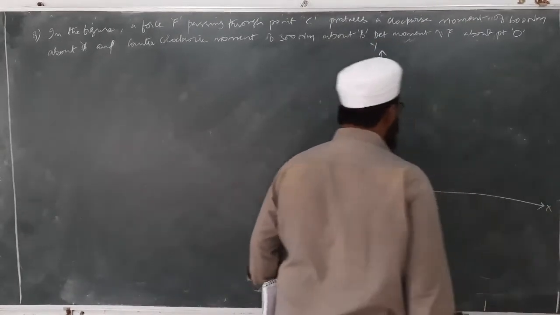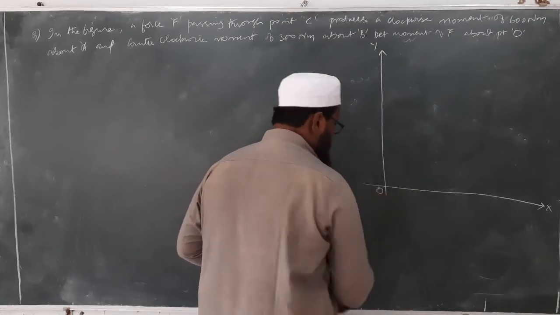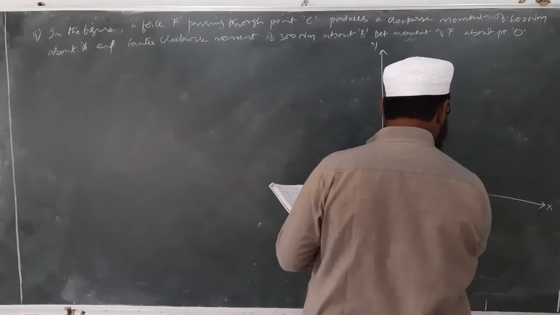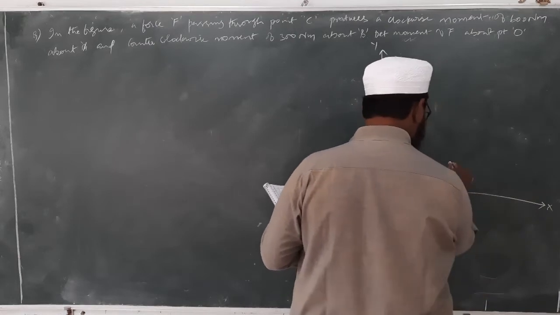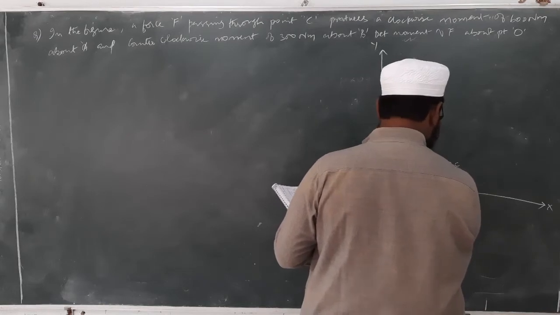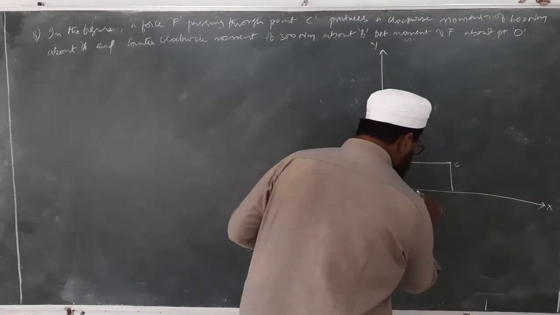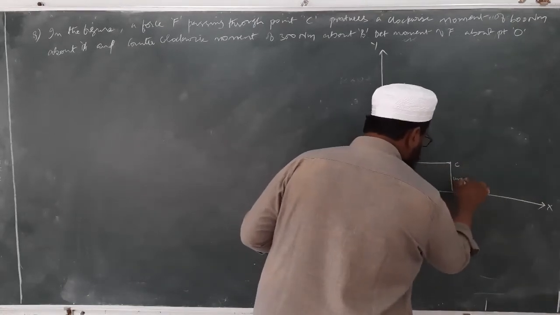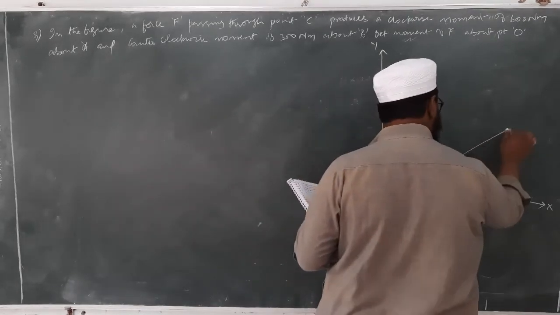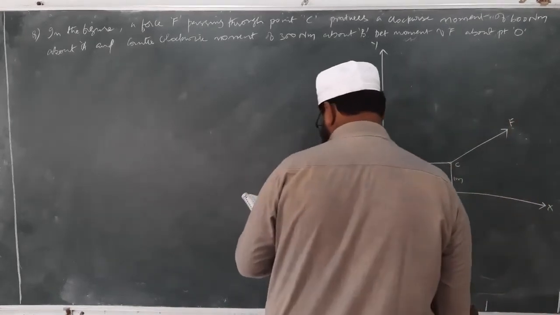Then along with that, this is point O. Then we have a point somewhere here, okay, and this point is said to be C. This is 3 meter, this is 1 meter, and the force is F, okay,